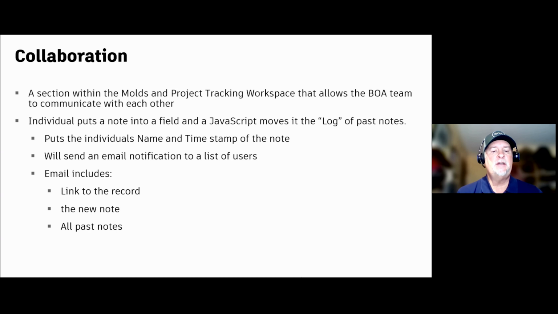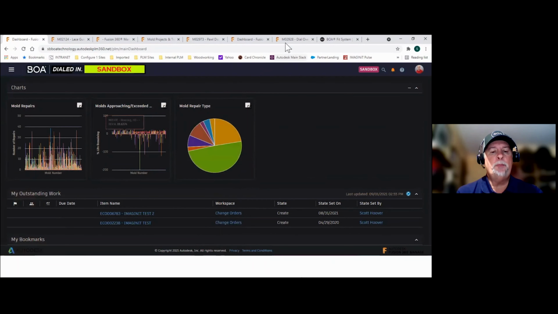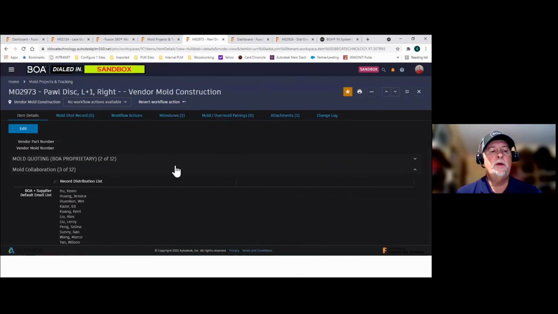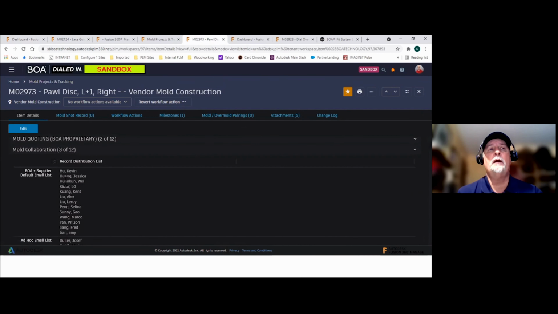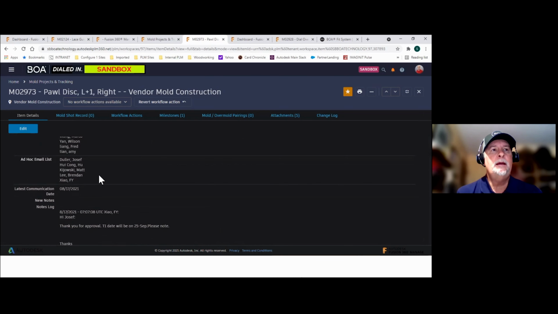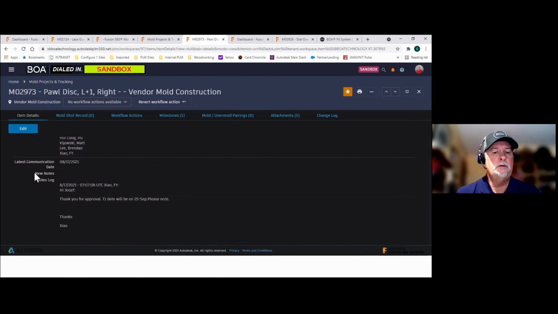In this collaboration section, if Scott can pull it up, we have a predefined list of people, along with a way to add any ad hoc people, depending upon that mold or that project. Any new note that's added using the edit save function on the record automatically sends that note as an email to those listed users.